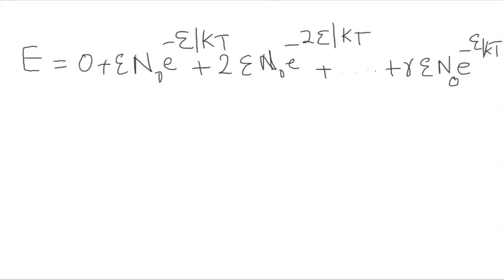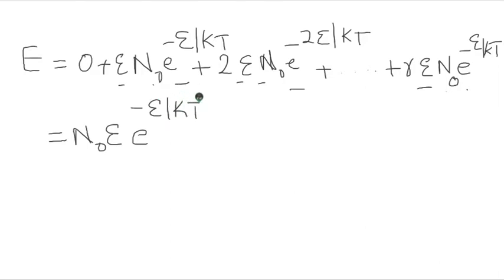Okay, again you can take something outside. എന്താണ് കോമൺ എന്നുള്ളത് നോക്കുക. N0 is common throughout. So N0 into, you can see epsilon is common in all terms and N0 is also common in all terms. So N0 epsilon you can take. Also you can see e raised to minus epsilon by kT. ഇവിടെയാണെങ്കിൽ e raised to minus 2 epsilon by kT, ഇവിടെയാണെങ്കിൽ e raised to minus 3, അങ്ങനെ പോകും. അപ്പോൾ e raised to minus epsilon by kT പുറത്തെടുക്കാവുന്നതാണ്. So this will be, first term will be 1,